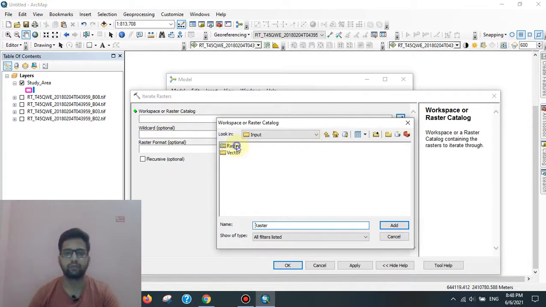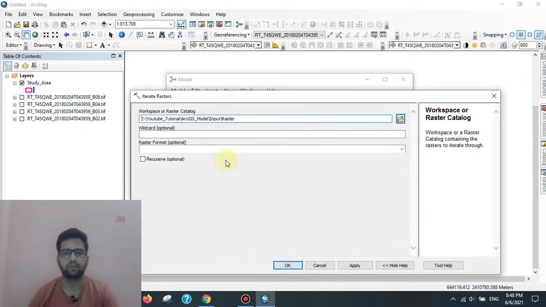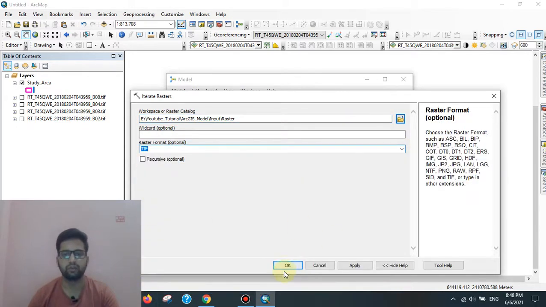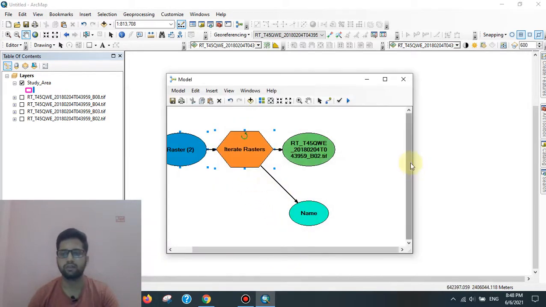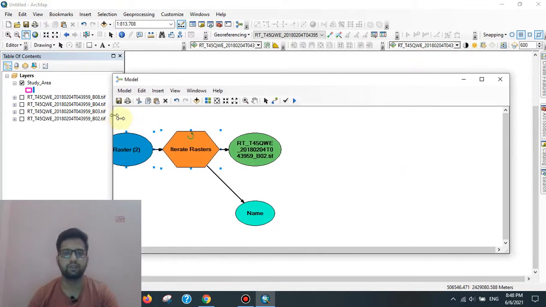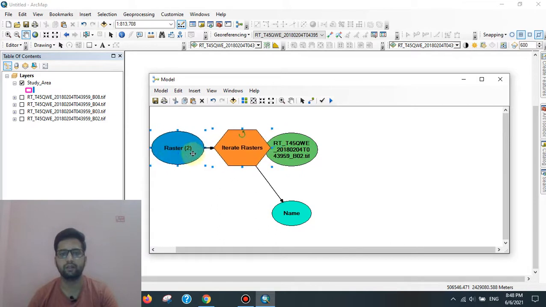Here the format is TIFF, so go to raster format and select TIFF format. Now we can see its color, which means it works properly.